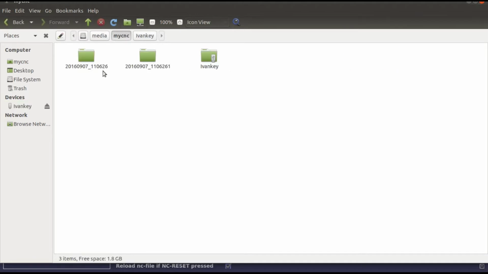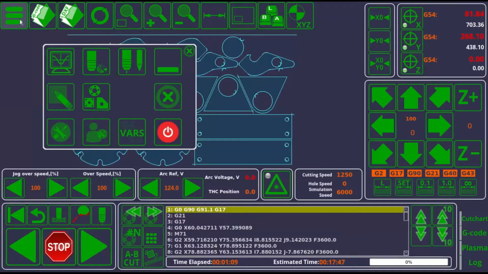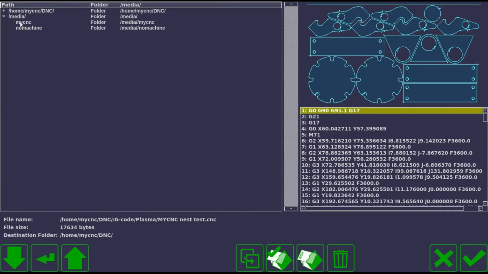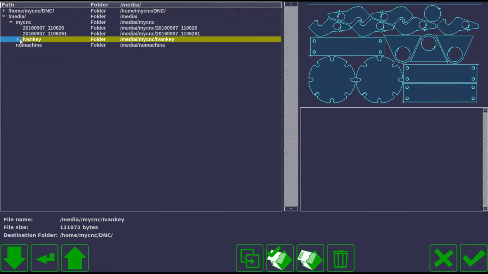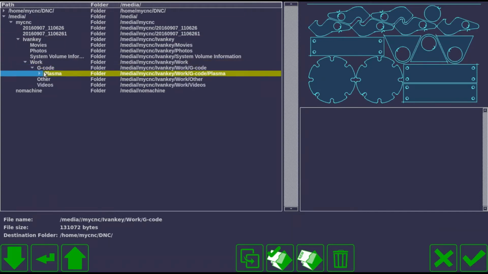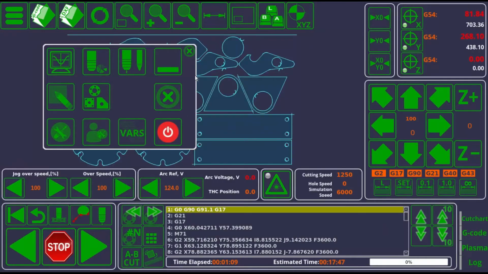We will save our settings, we'll go back to the main screen, we go to open a file, we go into the myCNC folder, we see the myCNC flash drive, go into work, G-code, plasma, and then we can see some G-code files that are available to me. So this is the way to set up the process of opening up G-code files directly from your USB drive,